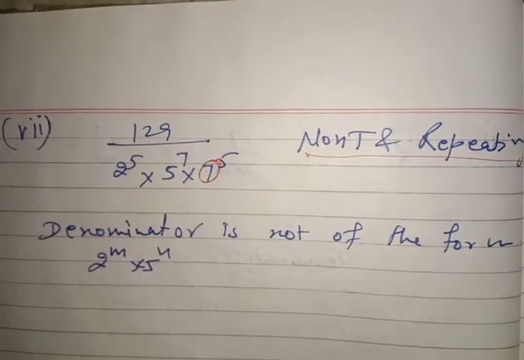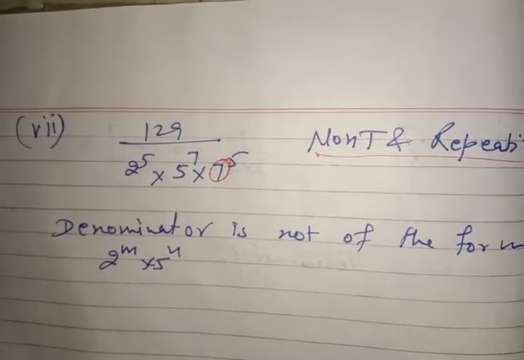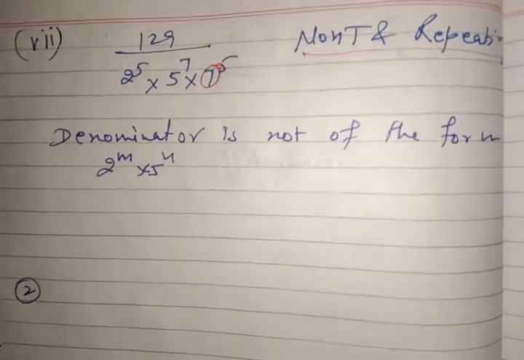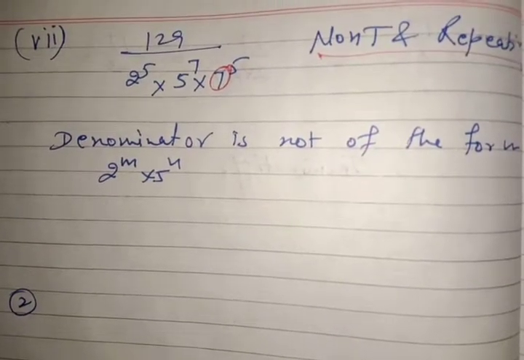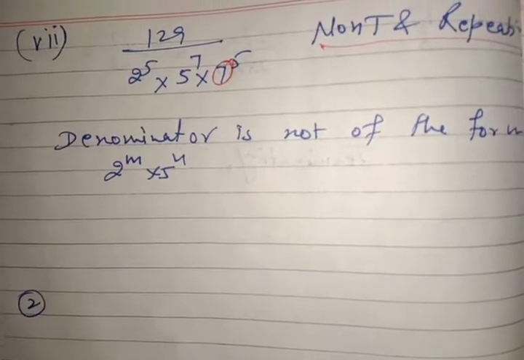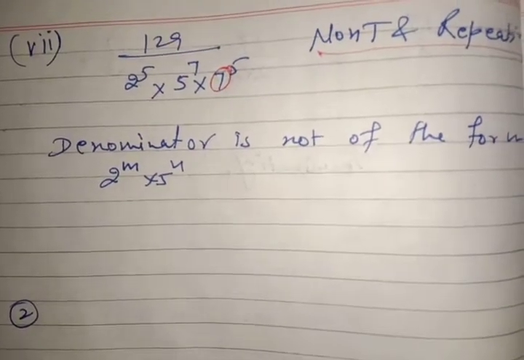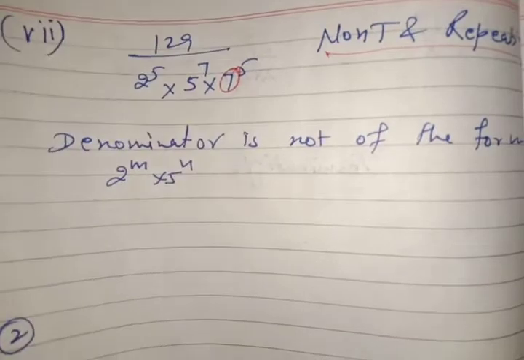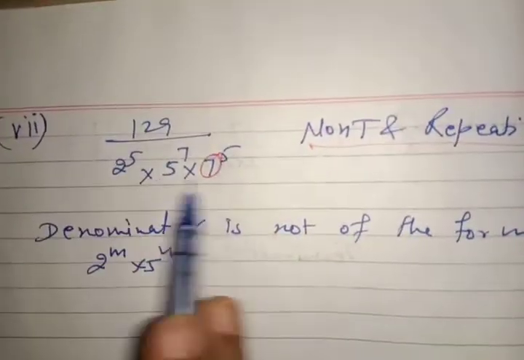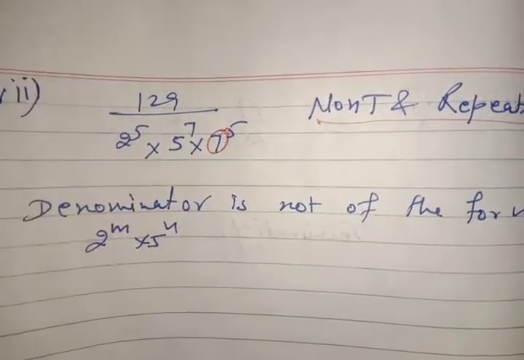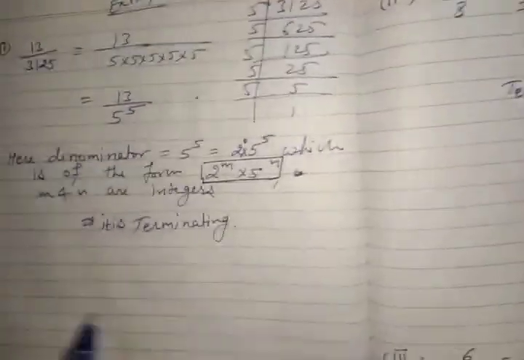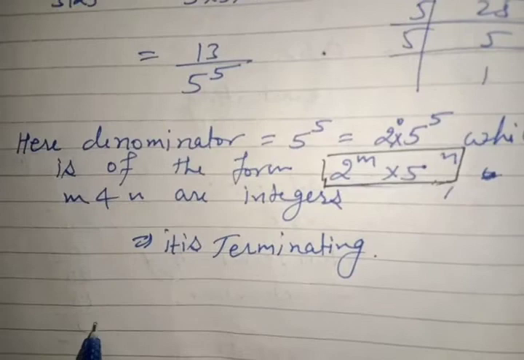Now the first question we have done. We move on to the second question. The second question says to convert the terminating parts of the first question into decimals. We need to convert our terminating parts into decimal again without dividing. See, a very important thing I am going to tell you.